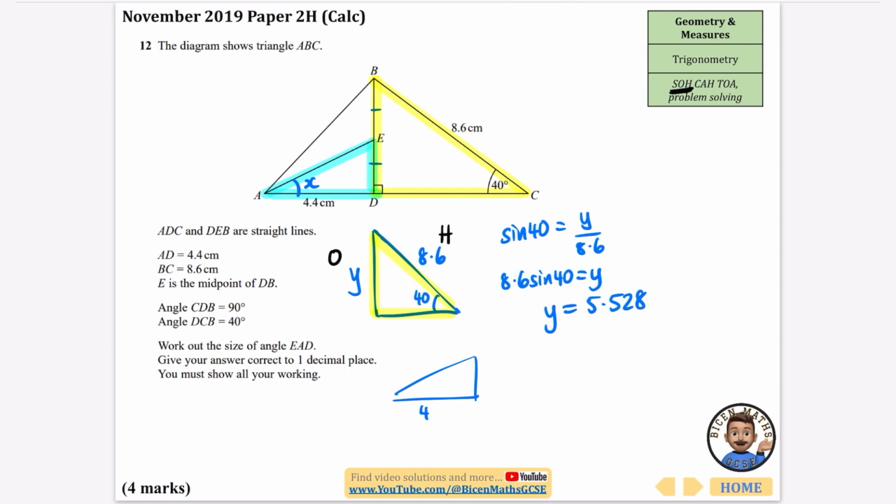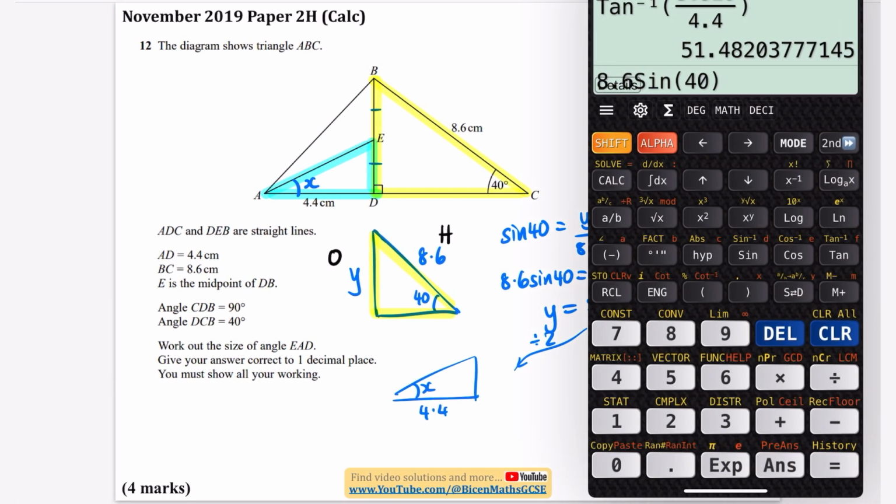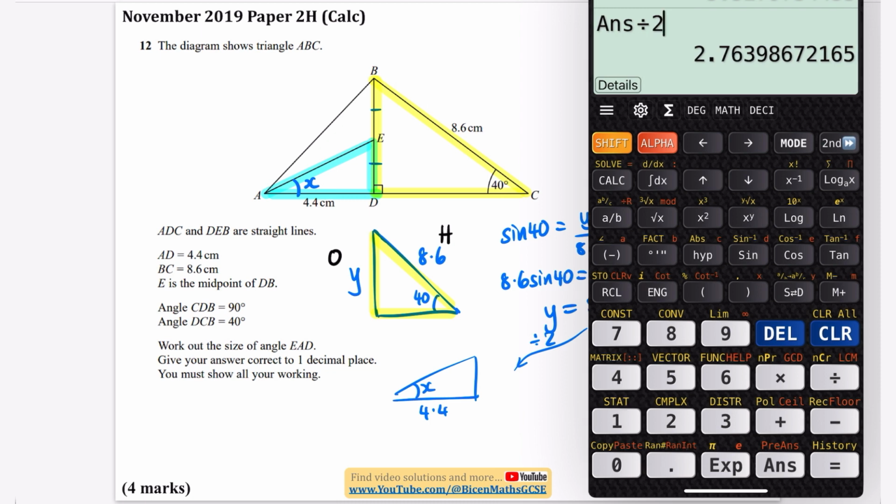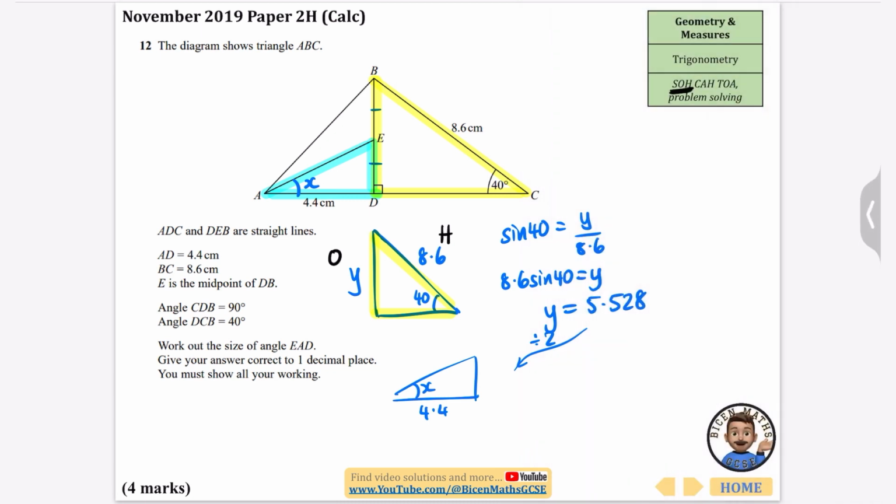So I have 4.4 along the bottom. What I'm going to do is I'm going to take this one, I'm going to divide it by 2, and it will give me that length that I'm looking for along the side part. So I've already got it stored on my calculator. I'm going to do that answer divided by 2, and that is 2.764 to 3 decimal places. So all I need to do for this blue triangle that I've got down here at the bottom,